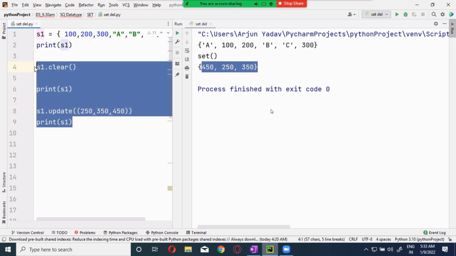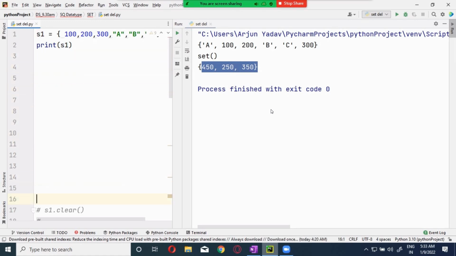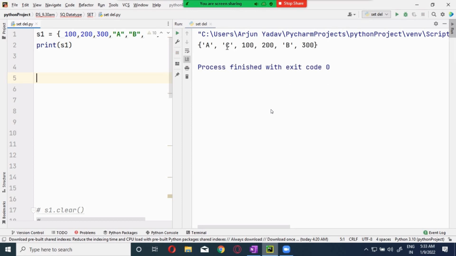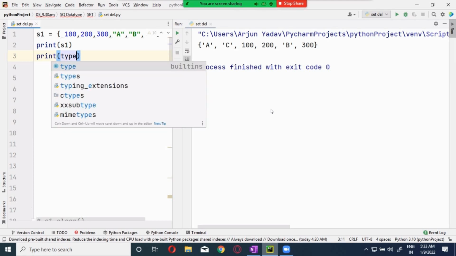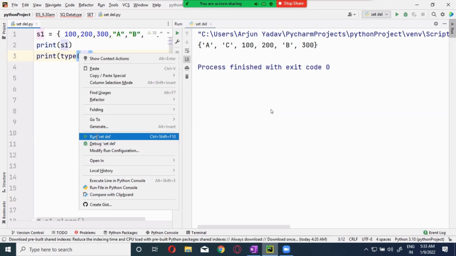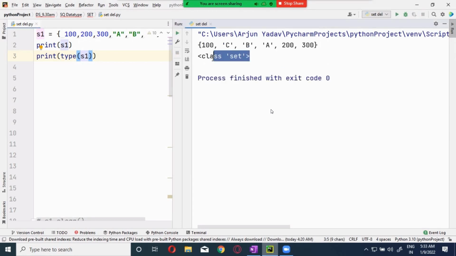It will say that it is not defined at all. Now I'm going to comment this part out and take it down. First I'm printing the set over here. Can I print the set? Yes, I can do it. I will get it perfectly, and I will print the type also for your sake. Type of S1. Good.